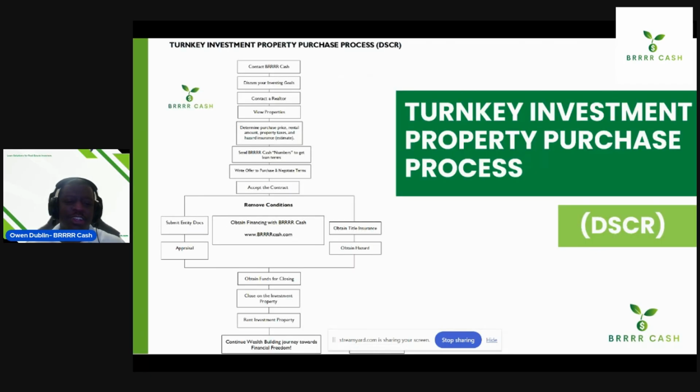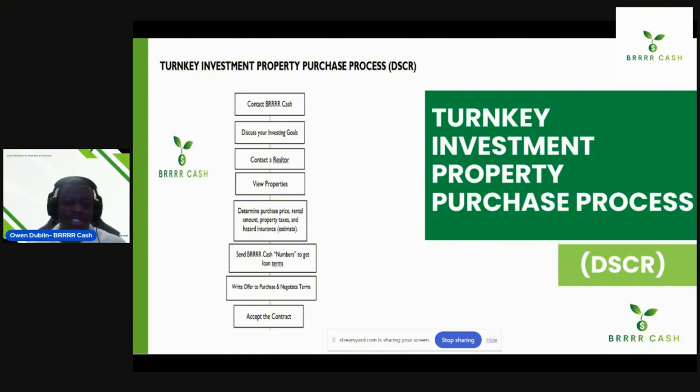So here's a flow chart. I'm a visual learner, so I created a flow chart of the process. And there's a lot of stuff on this chart, so I cut it in half so we can see a little bit better. So process-wise, which is slightly different from your traditional residential purchase, you're going to contact us first, discuss your real estate investing goals. You get in touch with a realtor, you're going to view the property, and then you can finalize your numbers